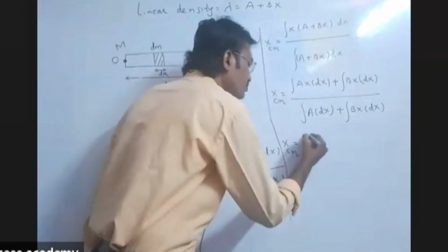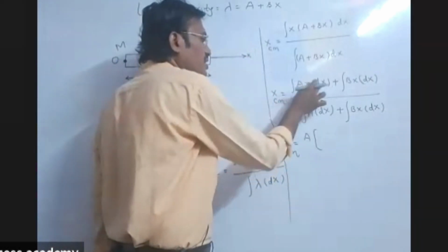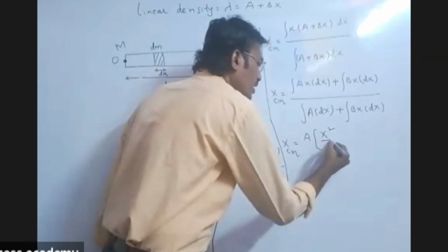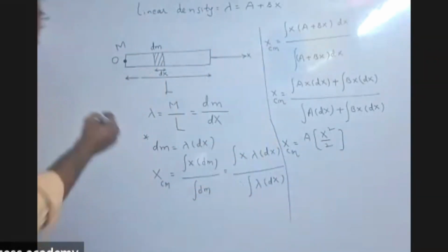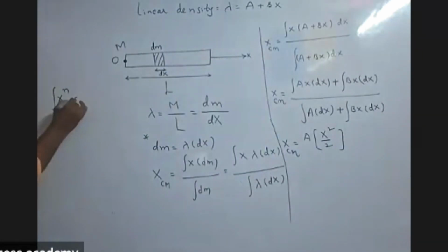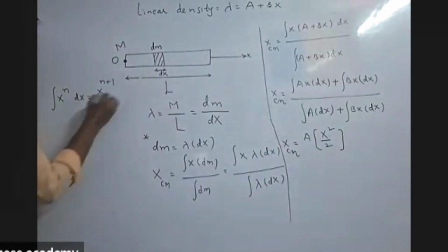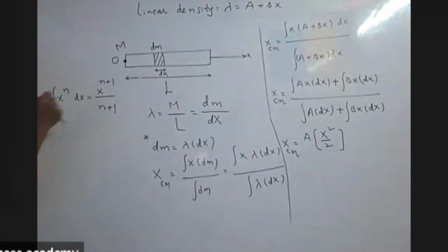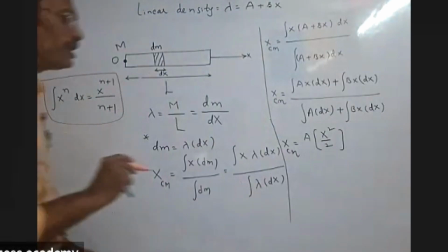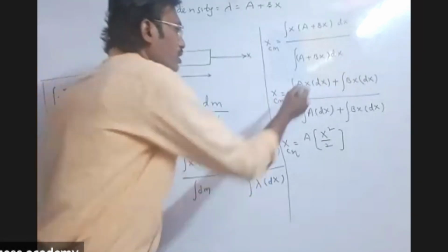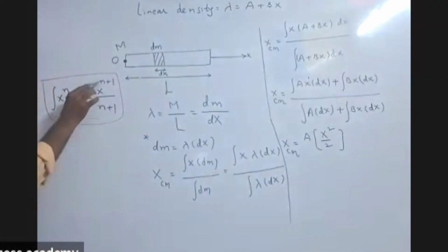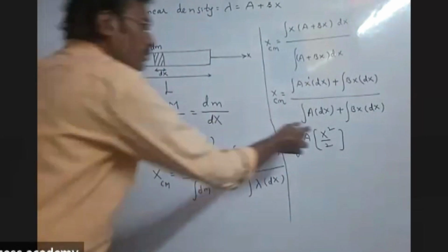Now xcm is equal to a, constant, take out, integral x into dx. Integral x into dx is nothing but x square by 2. How come we consider that? You know the formula. Integral x power n dx is equal to, what's the formula? X power n plus 1 by n plus 1. This is the formula. Now here in the place of n, what's the value? 1. So x power 1 plus 1 by 1 plus 1, that is x square by 2, plus